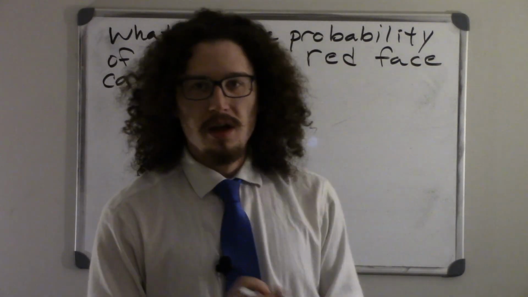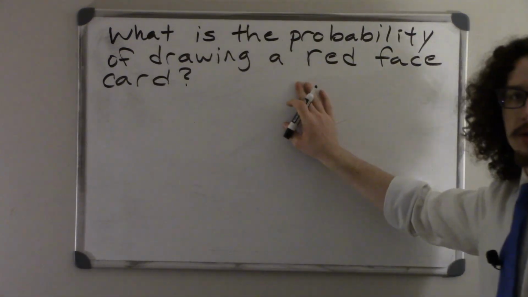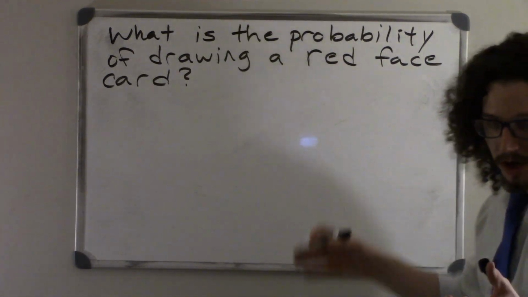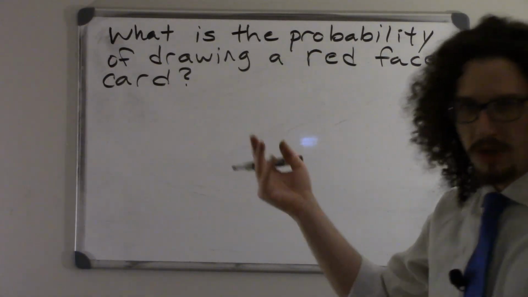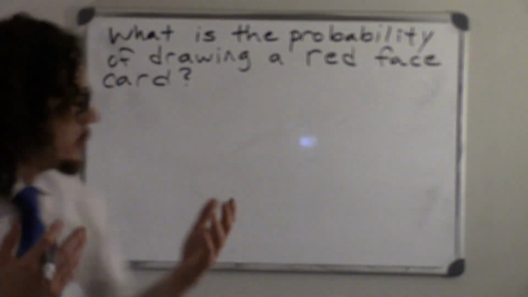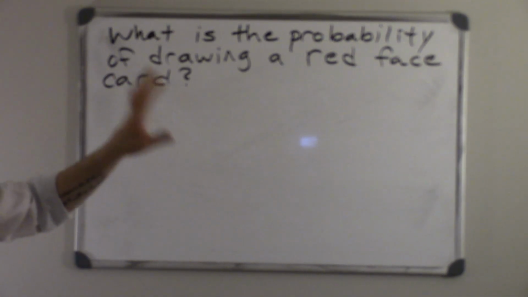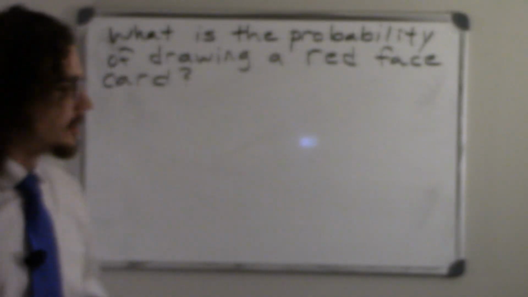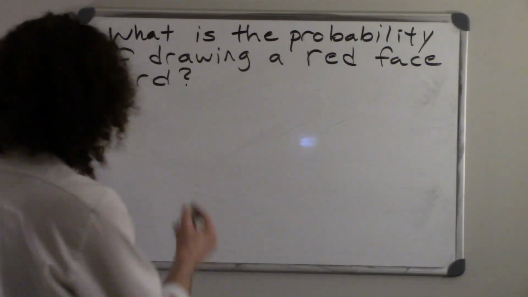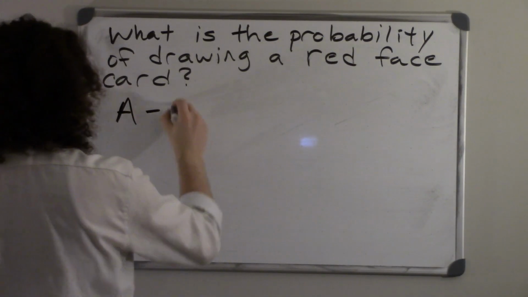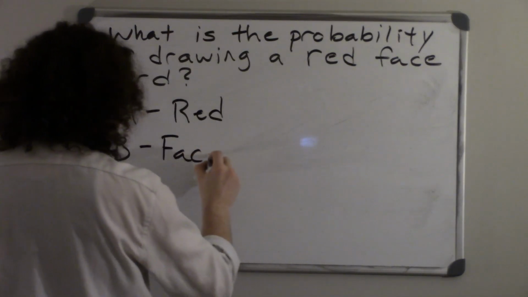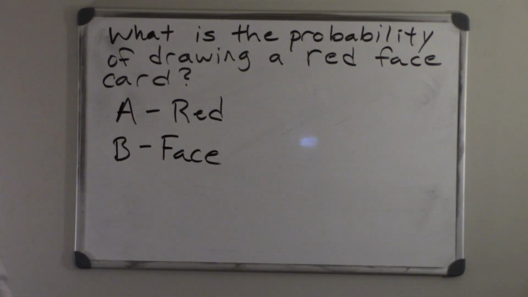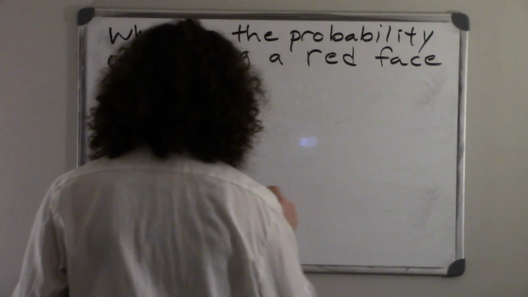So we're going to pivot now to the playing card stuff. Let's say we're trying to answer this question. Our experiment as a whole is just that we've got a deck of cards, and we're drawing the top card and looking at it. So our question is, what is the probability of drawing a red face card? Really we have two events here. Maybe we'll say A is red, B is face. It doesn't necessarily matter which order you put those in.